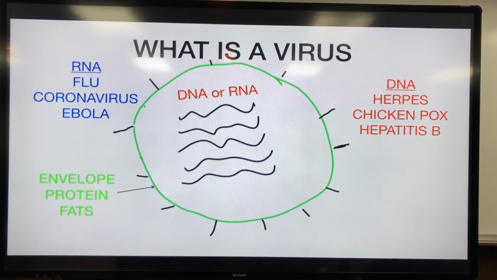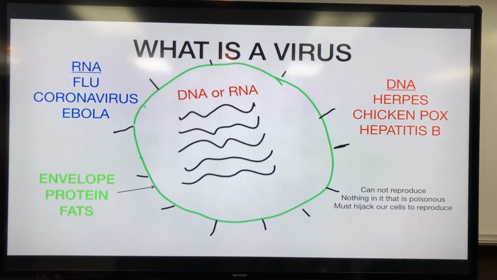It's an RNA virus. Now, by itself, a virus can't hurt you. If it sits out here in the air, just sitting there, there's no poison in it. There's nothing that can hurt you. It's not like a bacteria that can harm you. There's nothing it can do as long as it's not in our body. It does nothing. There's no poison inside the virus, and it can't reproduce on its own. The only way it can reproduce is to get in our body, get in our cells, and hijack our cytoplasm, our factories, to do its business.